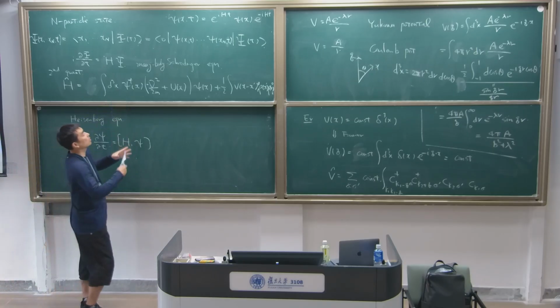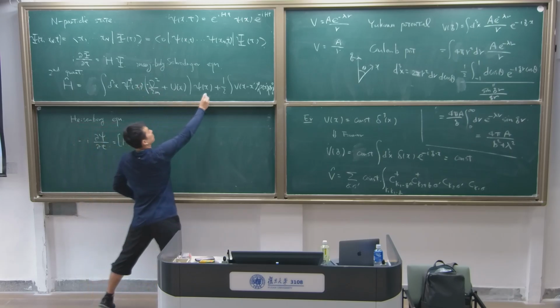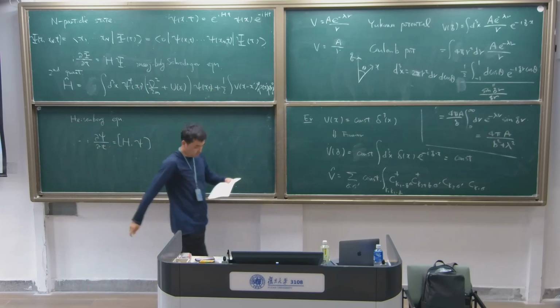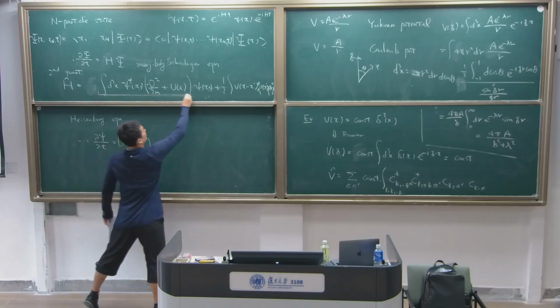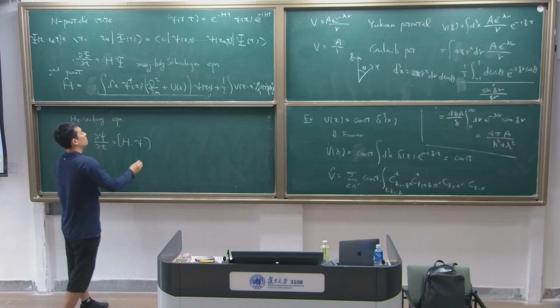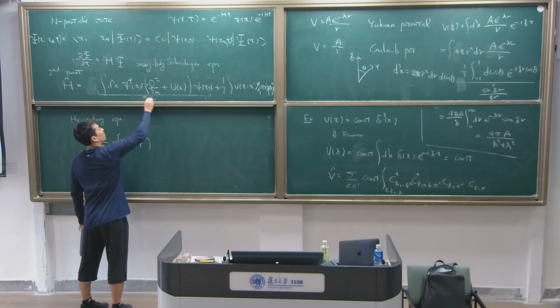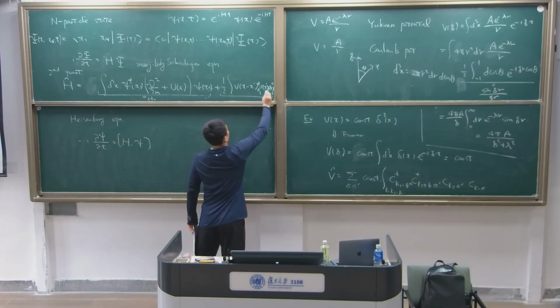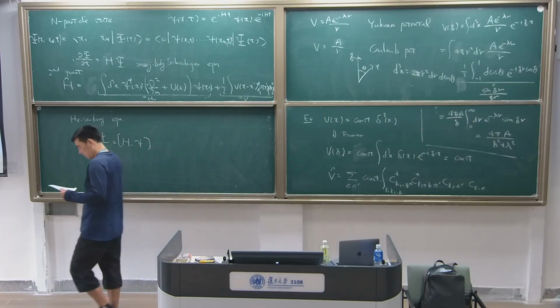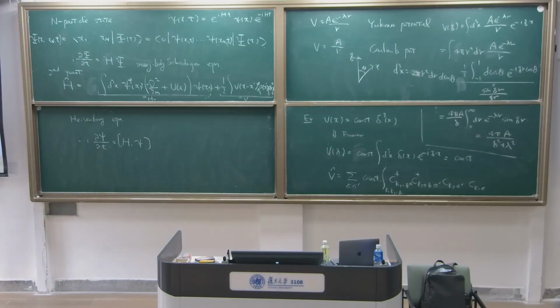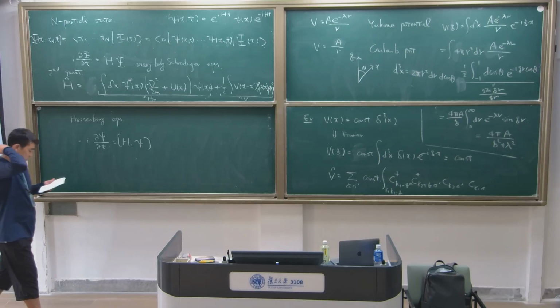Now we treat this psi as also implicitly depending on t. So this is the single-particle Hamiltonian, H_0, and this is the interaction. And we use canonical quantization to compute